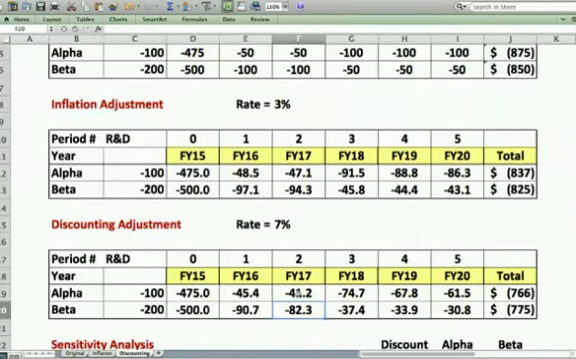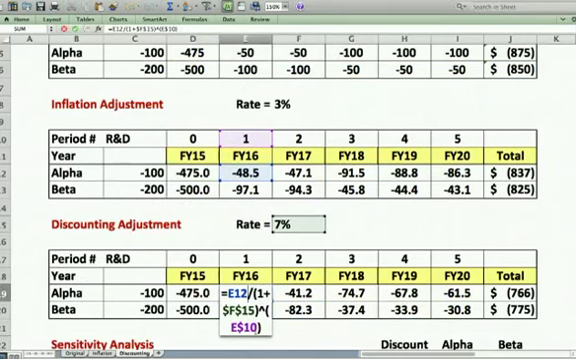So it's the same formulas here, by the way, as we had for the inflation adjustment. But now we're adjusting the rate. We adjust for inflation, and then we adjust the inflation-adjusted rates for discounting, right? And now what you'll see is,